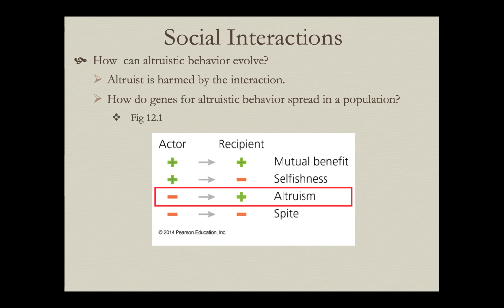And at first glance, this also appears to be something that shouldn't evolve. Altruism. Altruism is a situation in which you do something to help some other individual's fitness, but at a cost to your fitness. It turns out that under the right circumstances, altruistic behaviors can spread in a population. But we're going to see that this really depends on how we define fitness. So we have to introduce a new concept called inclusive fitness.